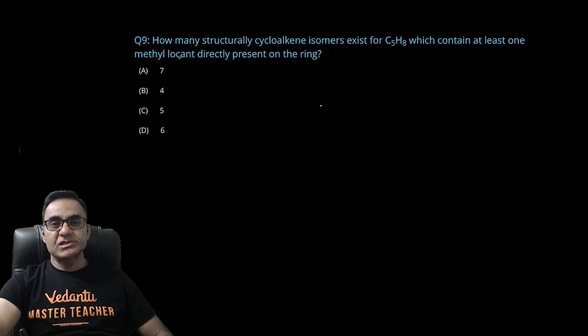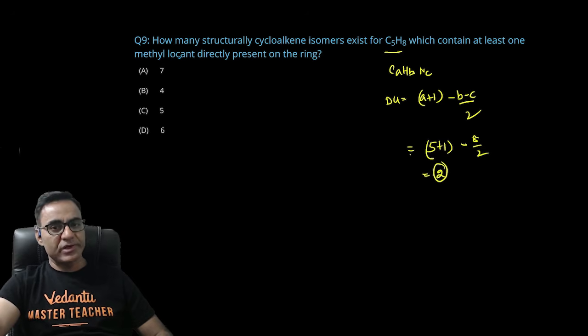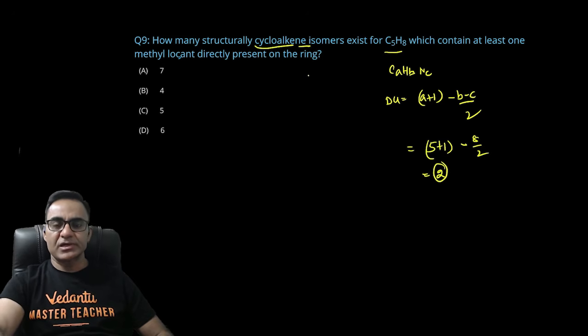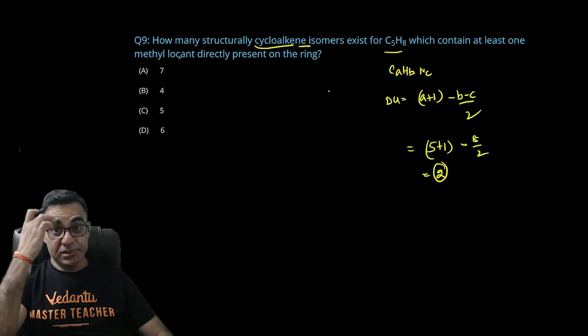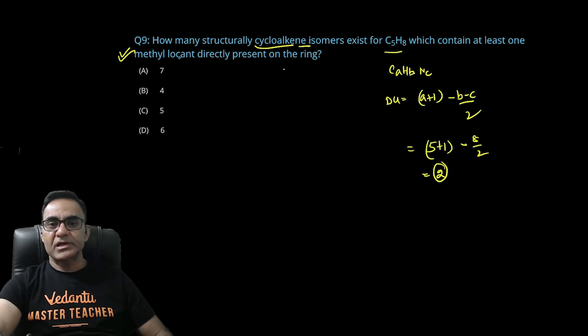हाउ मेनी स्ट्रक्चरली पॉसिबल साइक्लोएल्कीन आइसोमर एक्सिस्ट, C5H8 कंपाउंड दिया हुआ है, मैं इसको CHₐHᵦ मानूं तो इसका जो DU होगा वो हो जाएगा A+1 माइनस B माइनस C/2। C नाइट्रोजन का आइटम होता है, तो ये है 5+1 माइनस 8/2, ये 2 आ जाएगा, यानी DU 2 है। इसका मतलब ये हुआ साइक्लोएल्कीन अगर आपको लिखना है तो एक साइकिल और एक डबल बॉन्ड आपको रिंग में डालना है। ठीक है, अब कंडीशन ये है कि मिनिमम एक मिथाइल ग्रुप आपको डायरेक्टली रिंग से कनेक्ट करना है।